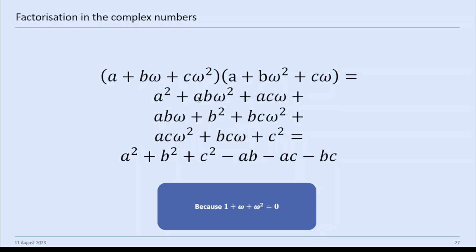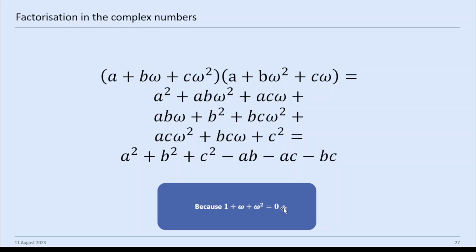A squared plus AB omega squared plus AC omega is pretty obvious. You just need to grind it out. It's just 9 terms. You see A squared, B squared, and C squared. And then what we have is AB omega squared here and AB omega there. And because 1 plus omega plus omega squared is 0, the sum of the 3 cube roots of unity is 0,